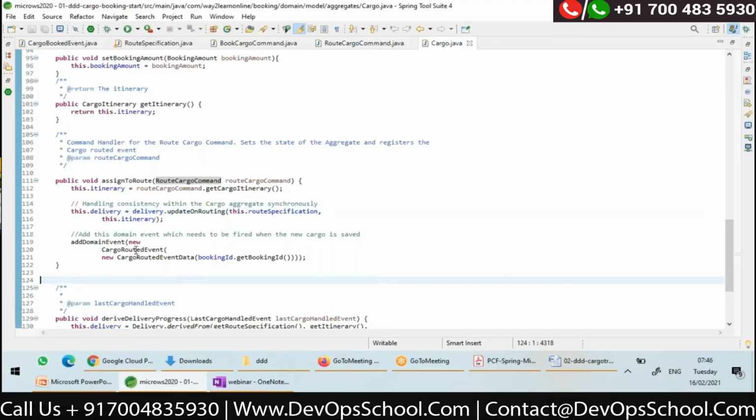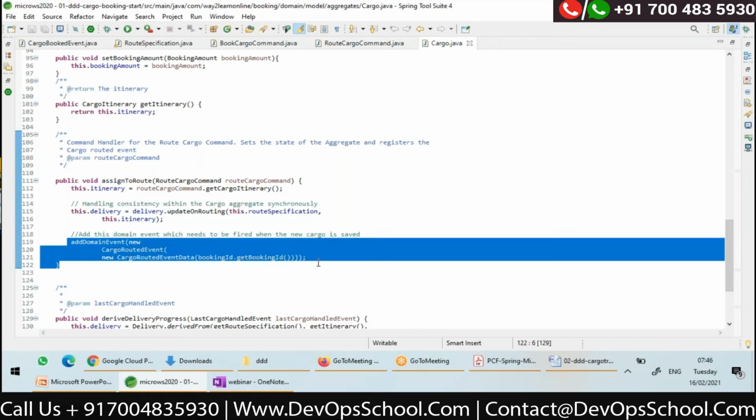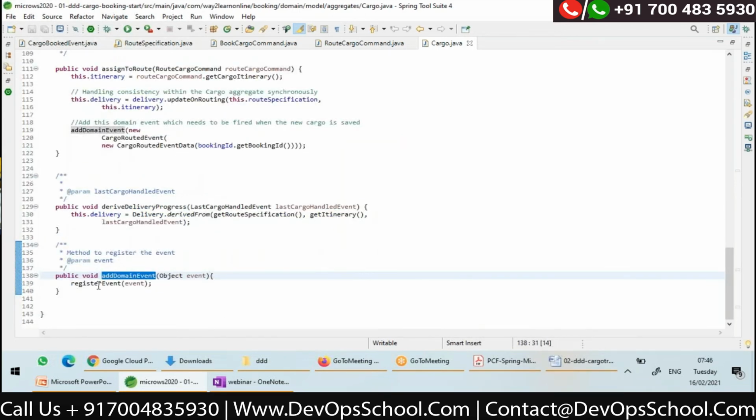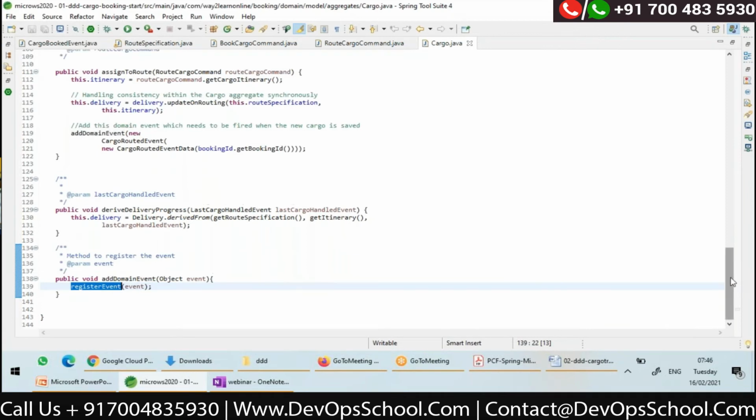And then again here, it is adding the event called cargo routed. Immediately after this is executed, no, we are not publishing the event yet. We just added it, registered this event, right? We are calling add domain event, where I'm calling register event.